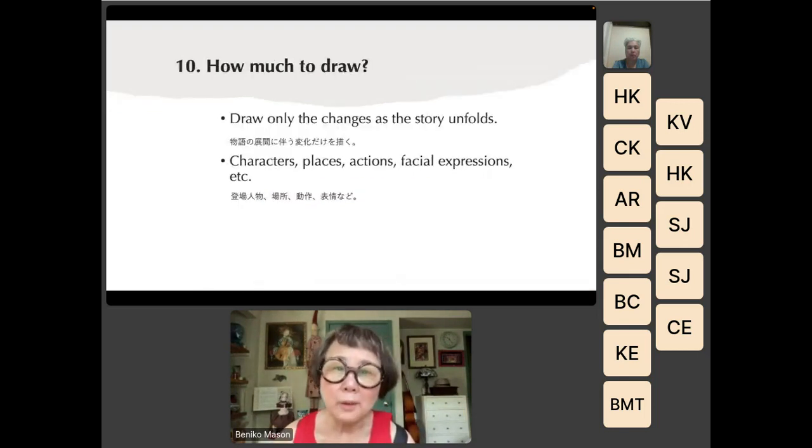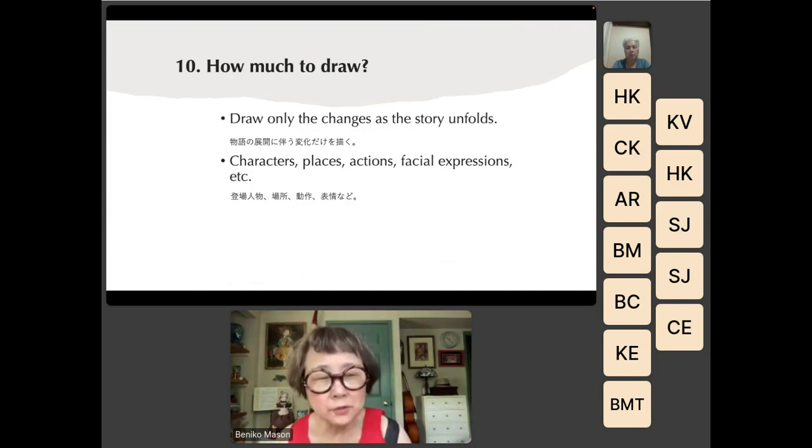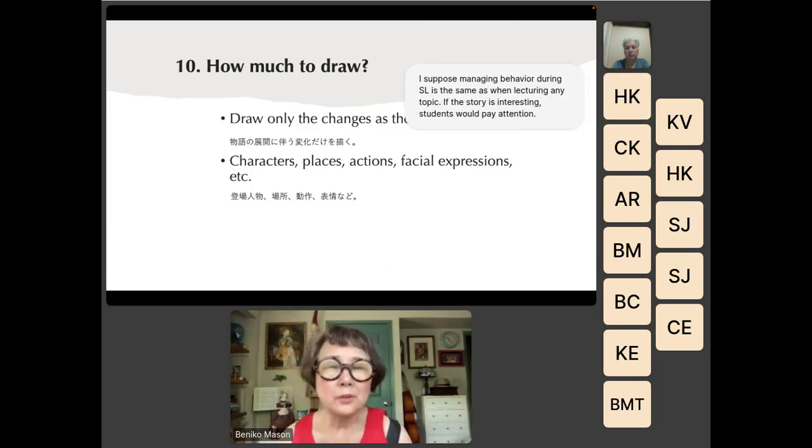Okay, how much to draw? Draw only the changes as the story unfolds. And so, when you are talking about the three little pigs, you might leave the faces of the three little pigs somewhere on the board. But then when the first little pig started walking, and when he met the first man who had lots of straws,